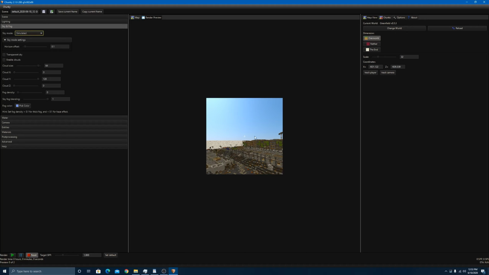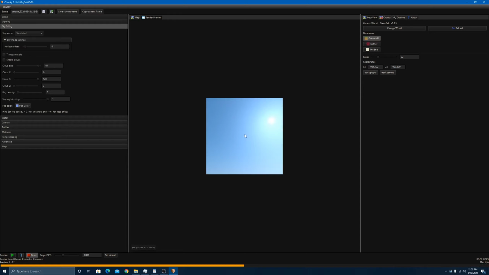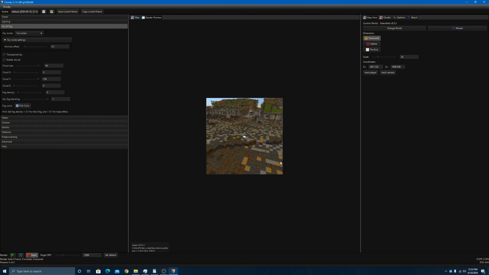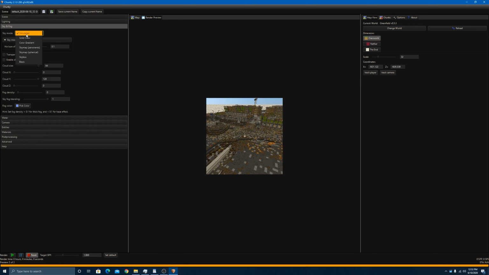Now, simulated sky pretty much looks exactly like this. It's Chunky trying to make the sky look nice and pretty. It can look okay. It's up to you, again. But for me personally, I like to do sky maps. If I can see the sky, I like to do a sky map, and the way to do that is